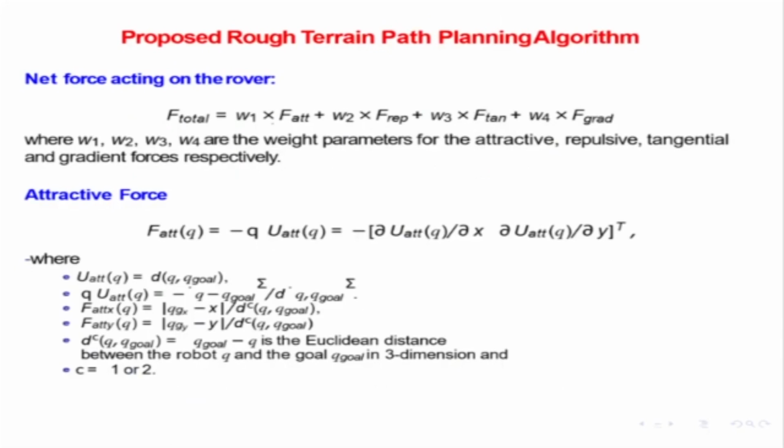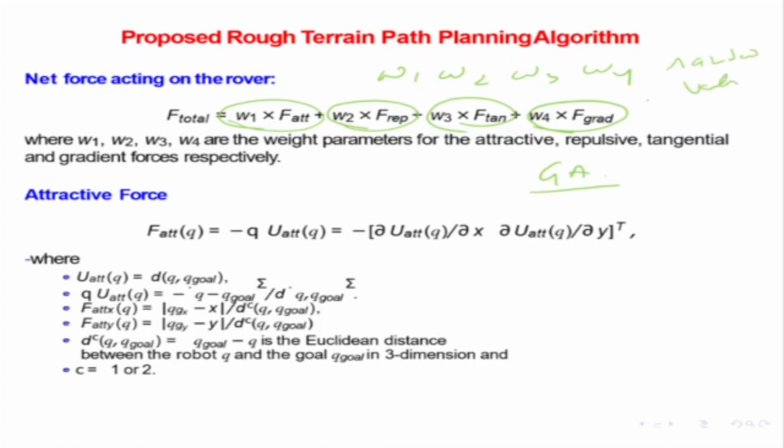everything, right? So the attractive force, repulsive force, tangential force, and gradient force. Okay. So again, you see that there are constants W1, W2, W3, and W4. So we can use different optimization programs, and genetic algorithm can be one of them, where we basically have random values we can put for this W1, W2, W3, W4, and we can